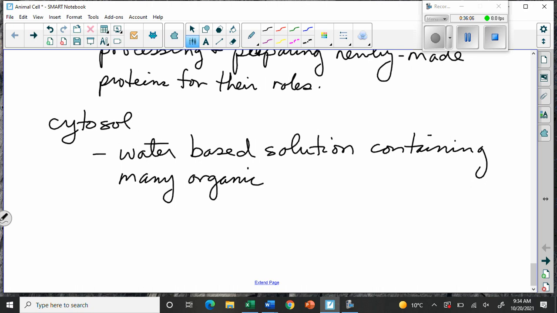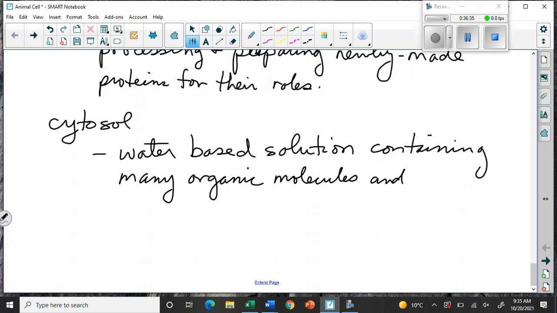Organic molecules are molecules made of carbon, and they're all those things we talked about. It's just floating around, teeming with all the different Legos waiting to be used by the cell to build all the different things. You want to build a ribosome? Well, where do you get the bricks? Well, the cytosol has all these molecules floating around, waiting to be grabbed and used. Many organic molecules,